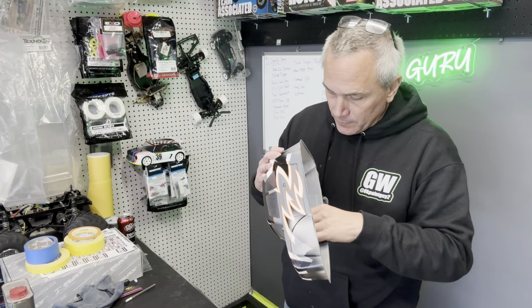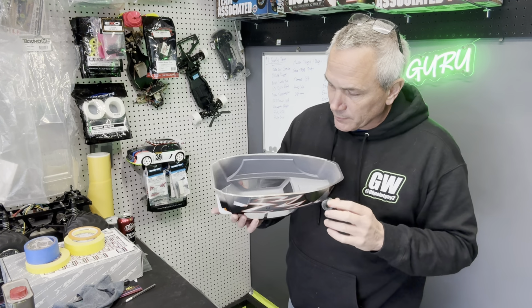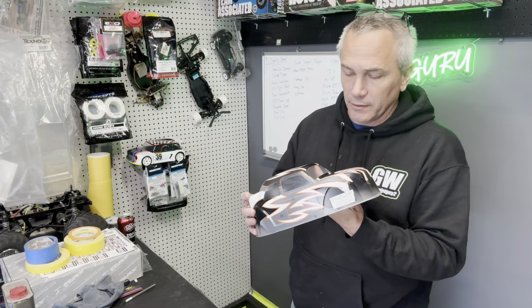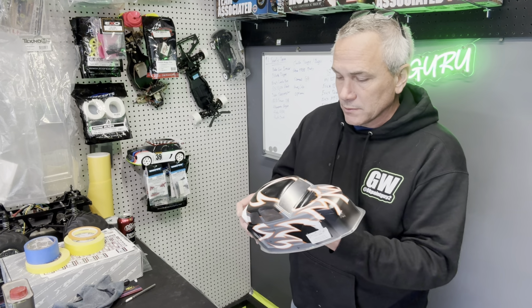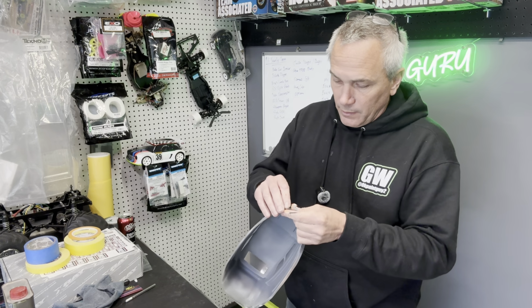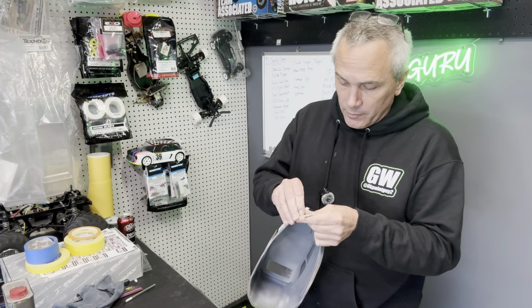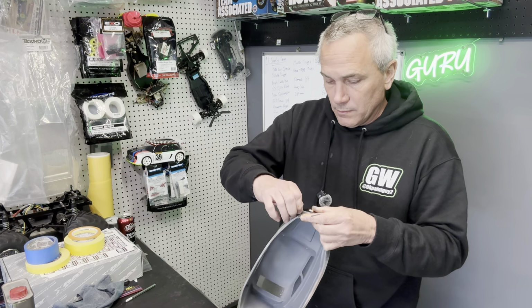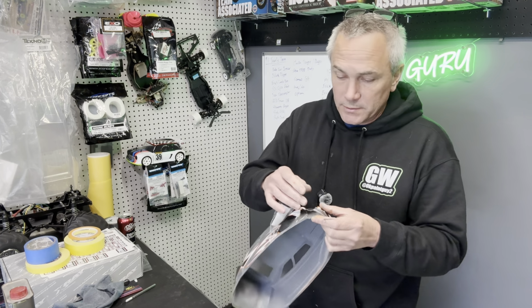Pulled the window mask out. The factory window mask left a little bit to be desired. It tried to roll up on the edges, and we had to do quite a bit of cleanup around all the windows. But all in all, very cool. And now for the most satisfying part of painting your RC body is peeling off this film and revealing all of your hard work. And this thing here